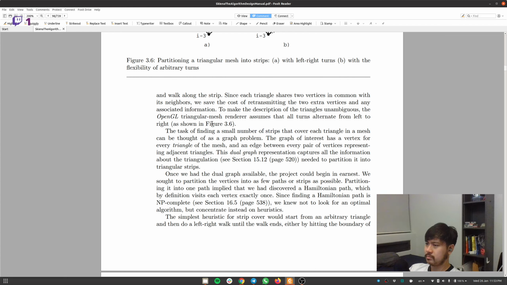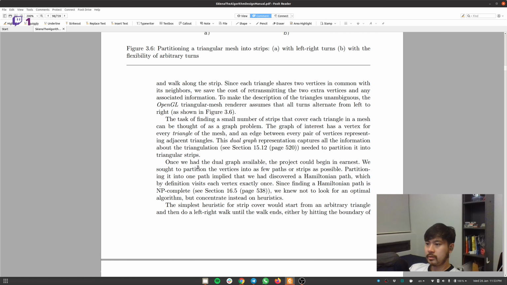There's like whatever combinatorial answer you can come up with. And an edge between each pair. This dual graph captures all the information of triangulation needed to partition it into triangular strips. Once we have the dual graph available, the project will begin in earnest. We sought to partition the vertices into as few paths or strips as possible. I see. Partitioning it into one path implied that we had discovered a Hamiltonian path, meaning to say we can